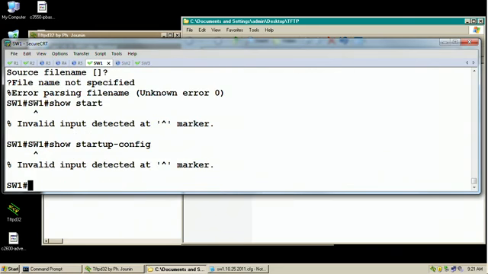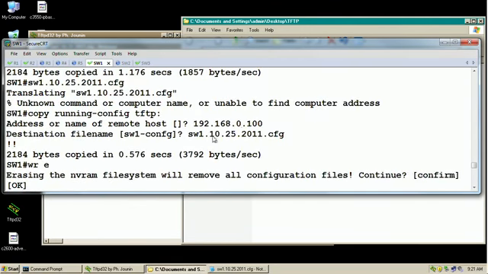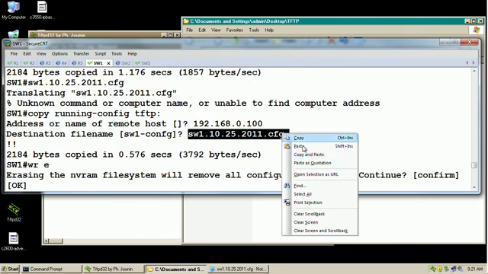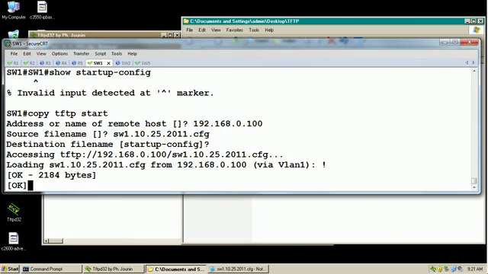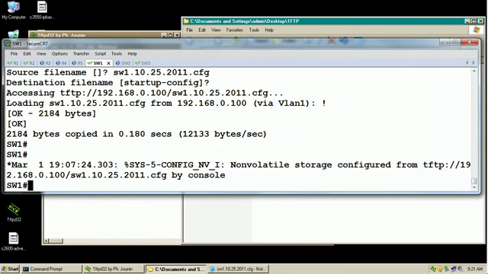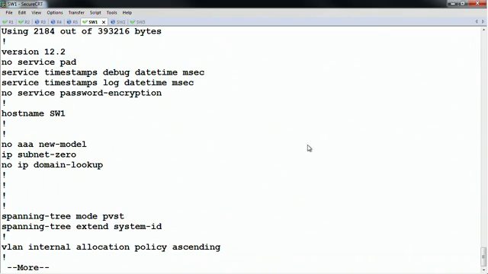So copy TFTP start, 192.168.0.100, and then this is the file name. Destination is startup config. So now we copied it back. If we look at now the show startup config, we should see now the backup that was from the server